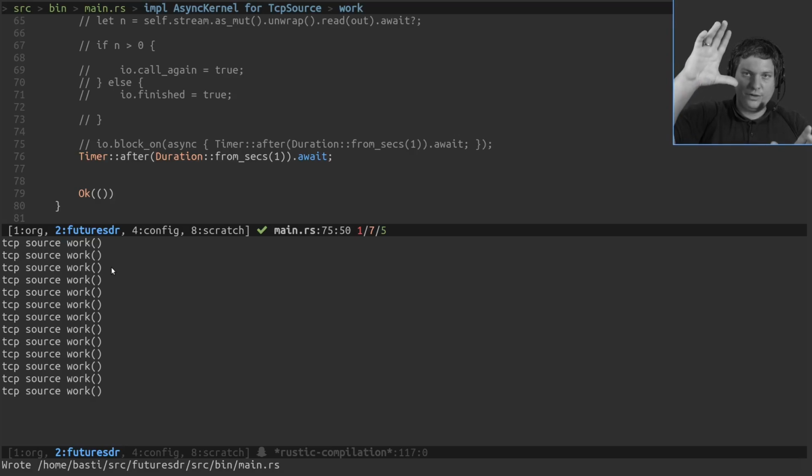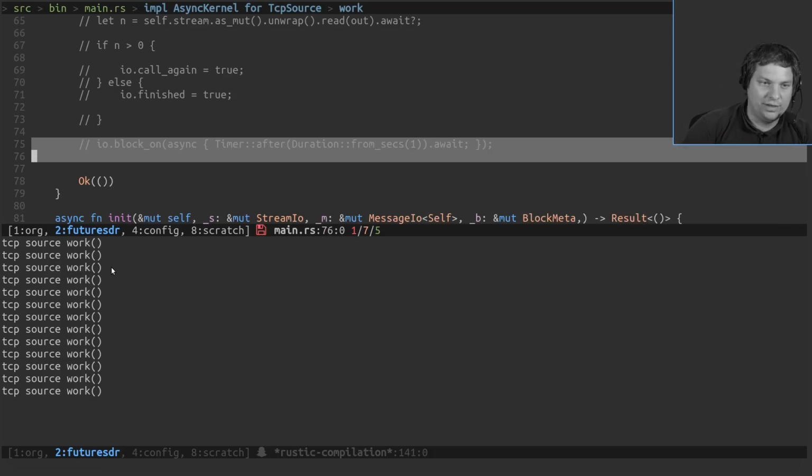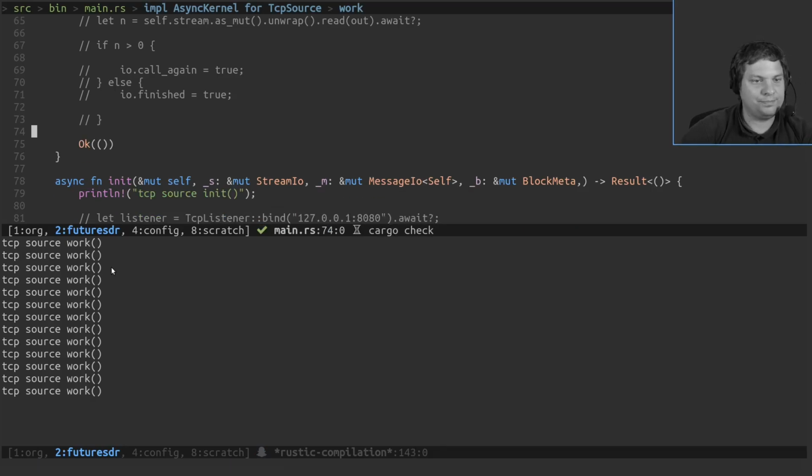Or even if there are no messages, we will wait for this future to resolve and then call work. So just by using this IO block on, we make sure that we do not stall the block or make it deaf to any external events. Everything will just continue working. I think with this, just returning any future is a very powerful and interesting concept.